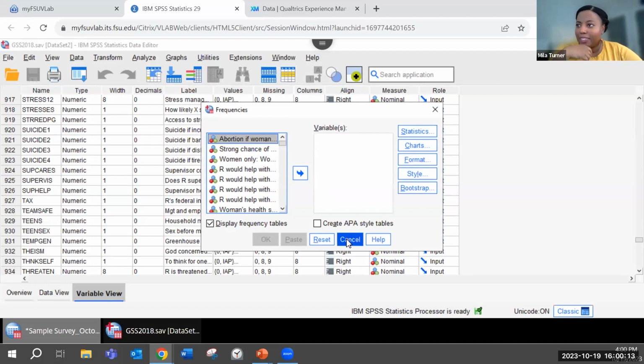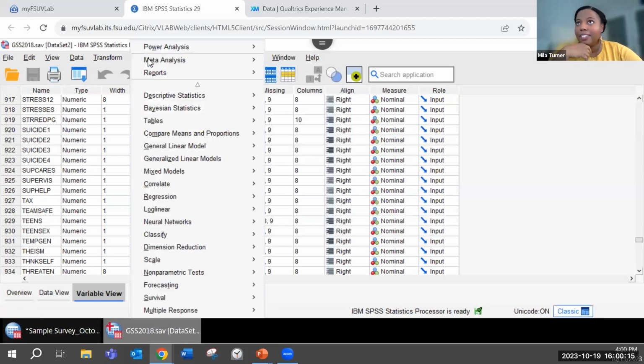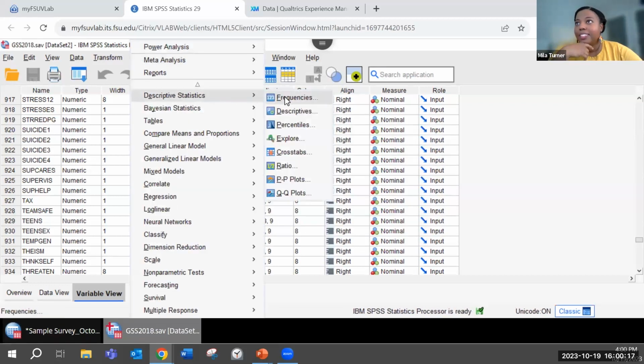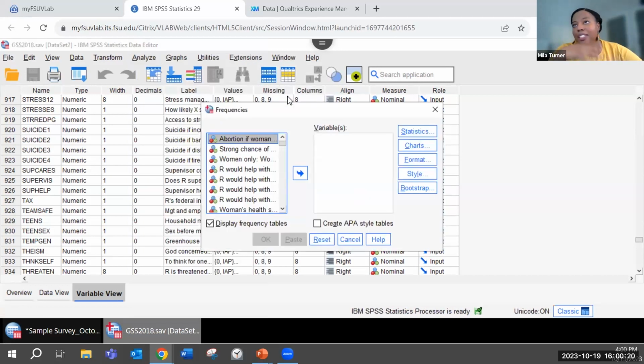Wait, did I go to descriptive statistics? I think I went to frequencies. Analyze, descriptive statistics, frequencies. The frequencies dialog box pops up. And then here are all of my variables, all 1,065 variables here. I have to choose which ones I want it to perform the analysis or analyses on by moving them over